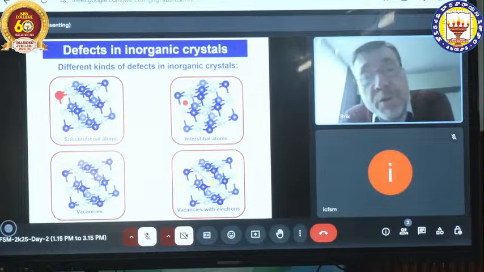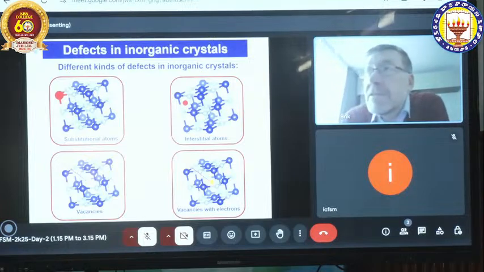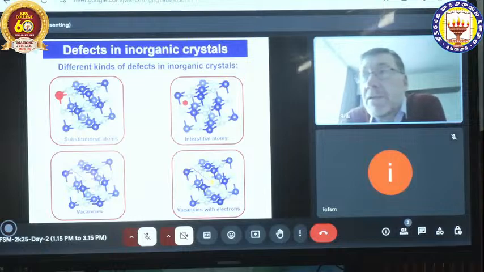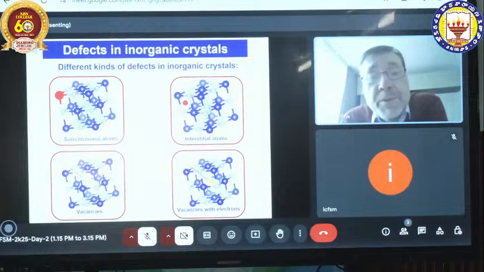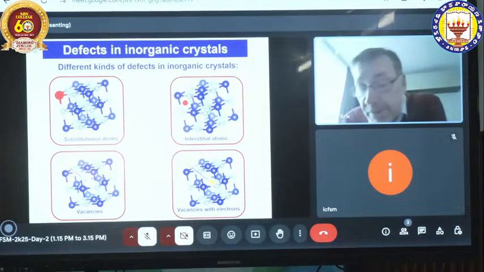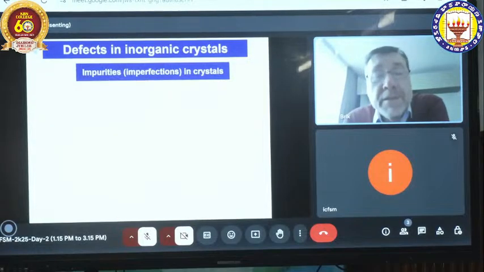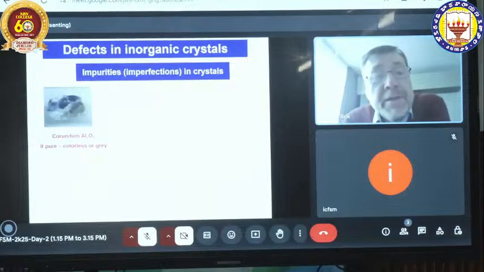So these are of course not all types of defects in crystals. I do not touch here dislocations. I do not speak here about surfaces. I speak only and entirely about those defects which can be made by different atoms which can be introduced into the crystal lattice. And to highlight the role of those defects in crystals, I give here an example of aluminum oxide,